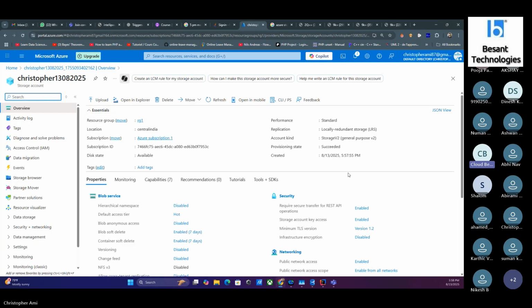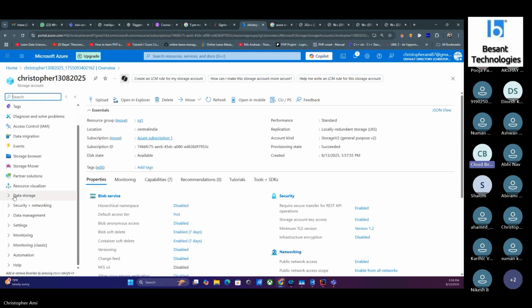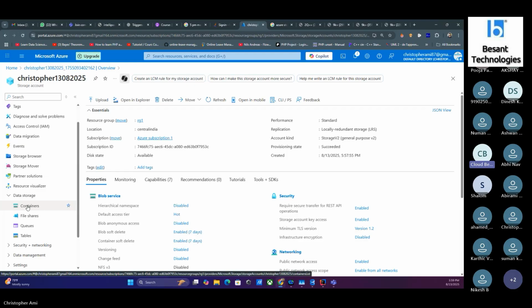Now, when it comes to storage account, 95% of the people use one thing that is known as container. And let's try to learn about that. So you can just click on the left hand side, which is known as data storage. On the left hand side, you have multiple lists, right? There is something called data storage. Expand it and you have a container. Just go inside the container